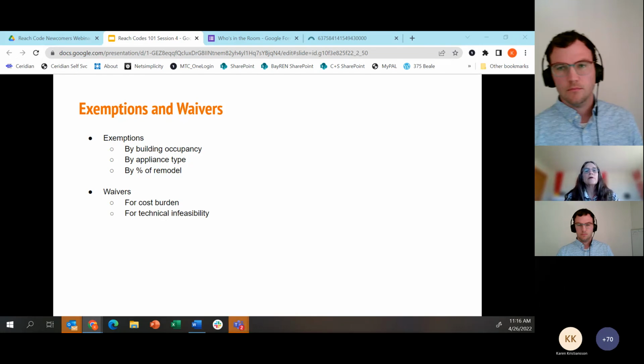There was at least one, and I'm going to blank on who it was. Let me see if I have it in my notes. But yes, the answer is yes. If I recall correctly, there was at least one that decided that they would just do away with that process. Very few cities go through what San Jose did and re-up in the same code cycle, but it doesn't mean it doesn't happen. So I expect that most of the cities that are readopting now will eliminate those waivers, or those exemptions rather. Yeah, that was just noted in the chat as well, that many cities are considering which exemptions to begin eliminating now.